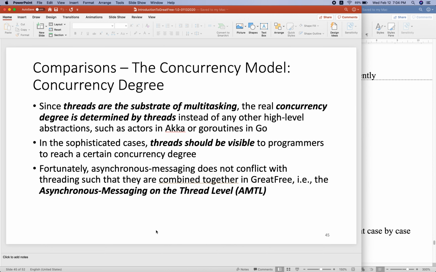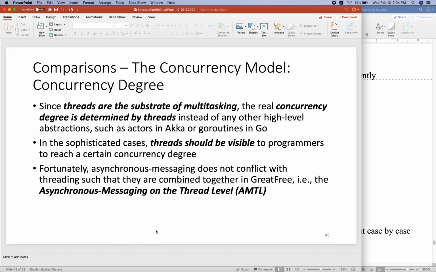Concurrency degree. In some cases, we need to know how to manage. We need to provide sufficient concurrency, right? We need to know the concurrency degree.